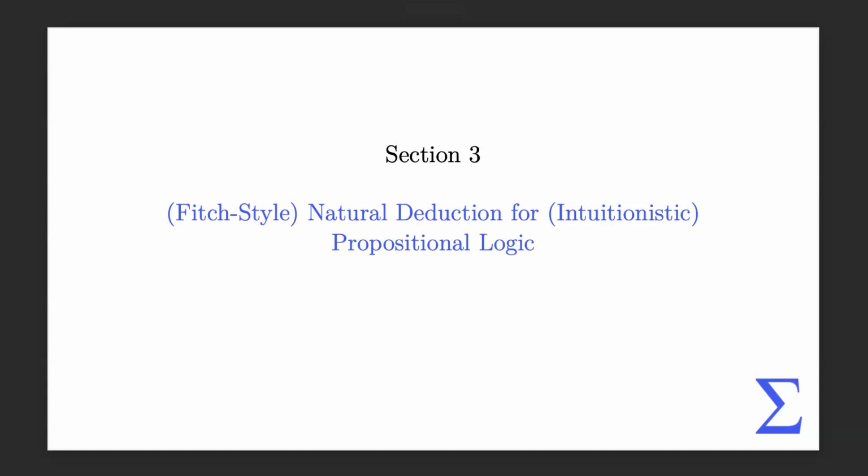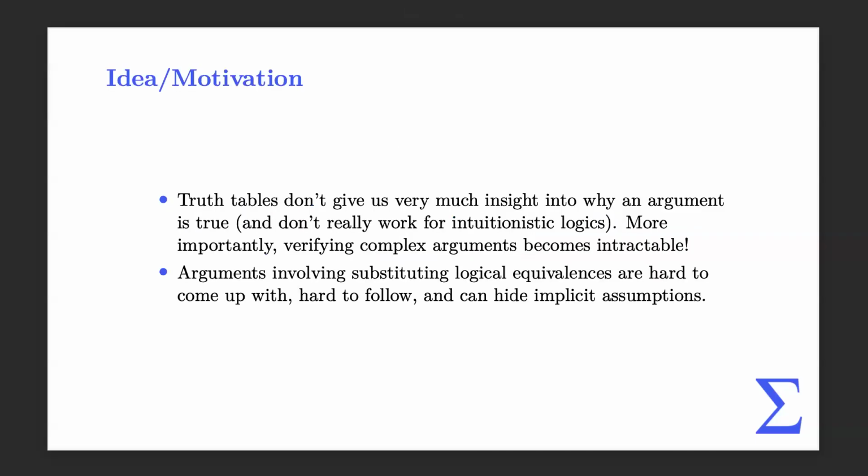We can introduce this system of natural deduction that I want to introduce called Fitch style natural deduction. We're going to first introduce it for intuitionistic propositional logic. That's propositional logic where we don't admit the law of excluded middle. And we're going to slowly upgrade it. So once we finish the rules for propositional logic, we're going to upgrade it to first order logic, add quantifiers, and then we're going to upgrade it to classical logic by adding axioms. But yeah, so again, the motivation for natural deduction